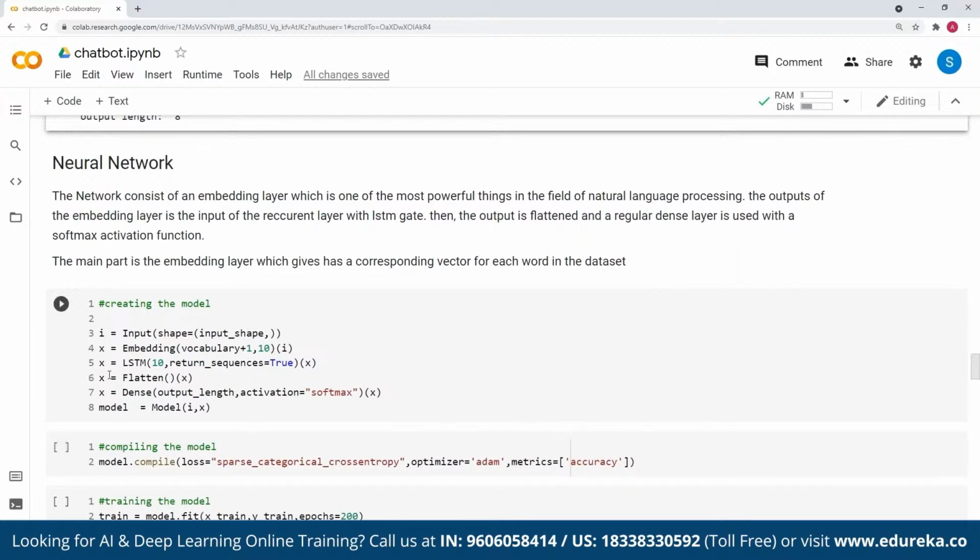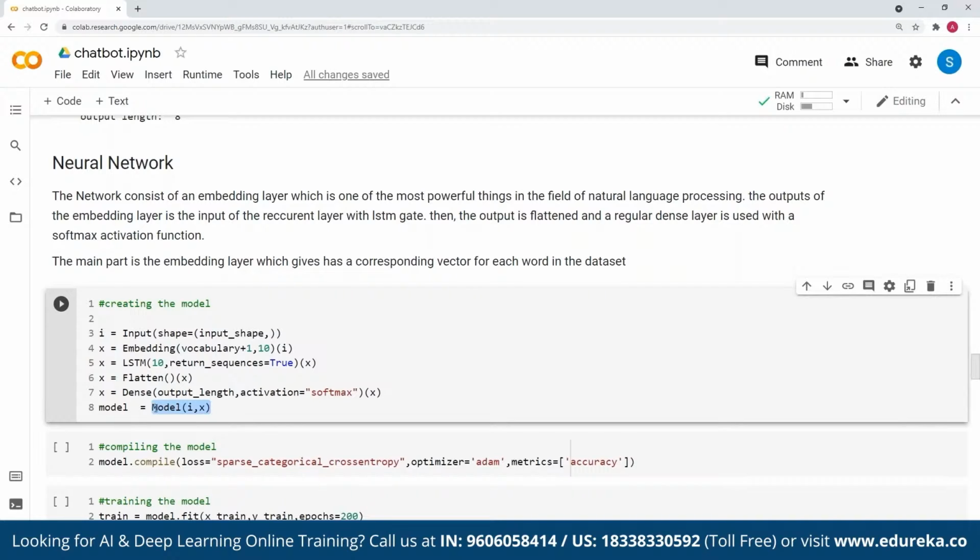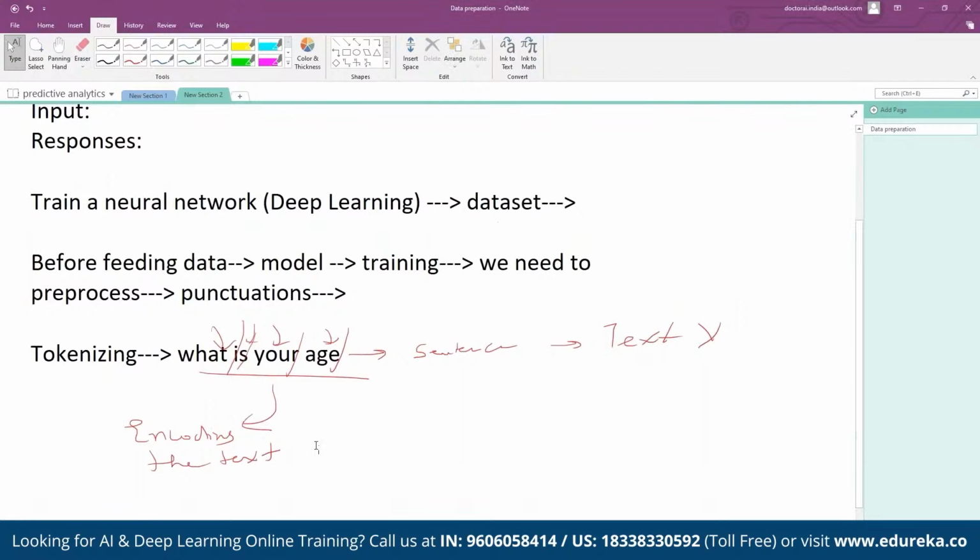With this, we are feeding that data into a model. You can check here, model. Now what is this model? If you see, there is an X to it. So this is what you have to learn. If you want to become a deep learning expert, you need to understand how to create models. This is what you will be paid for: how to create models, which architecture to use for models,